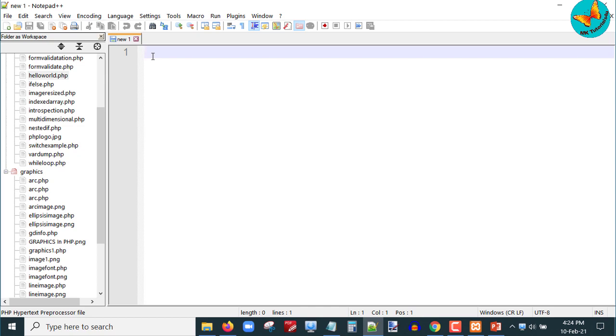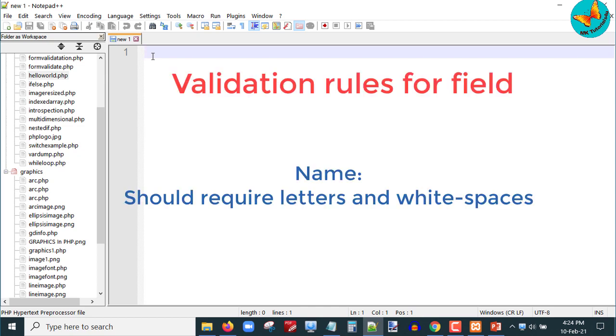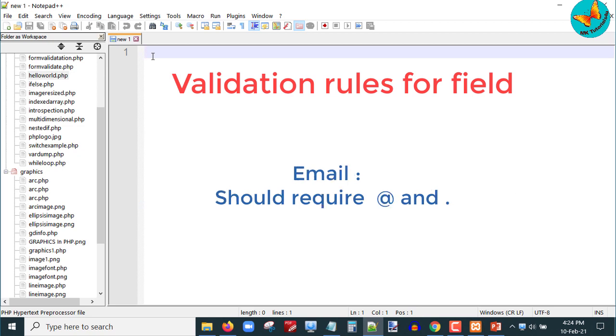Now some of the validation rules for the different form fields could be, suppose the name field is there. We want that the user must enter the name, and therefore it should consist of letters and white spaces. Suppose the user is entering an email, then the email format should be properly followed, which means it should contain @ and the dot.